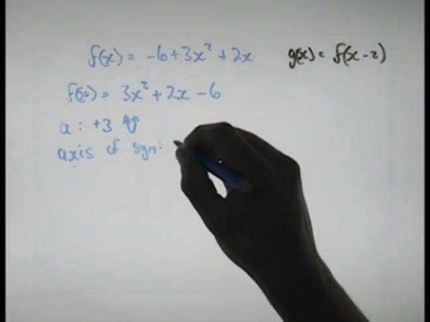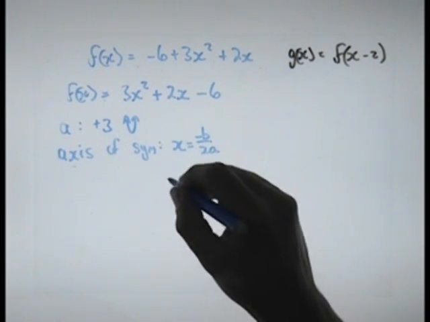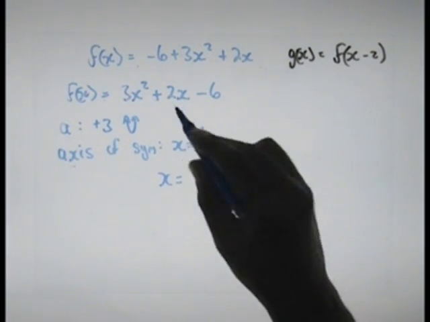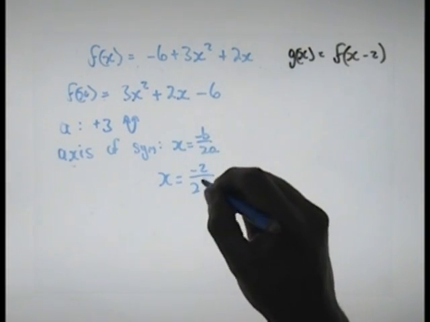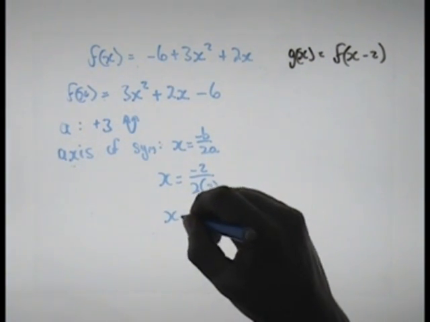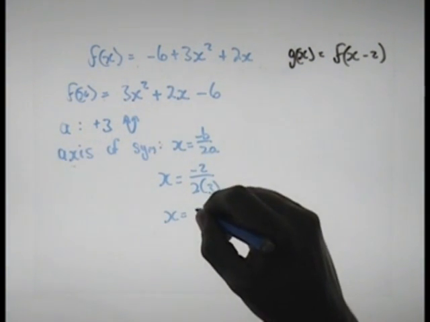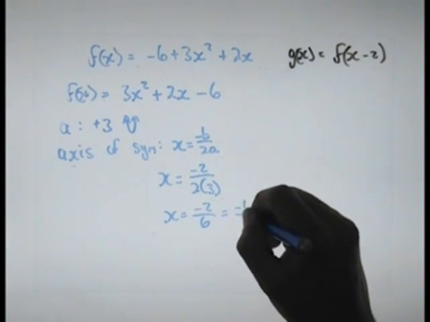Axis of symmetry happens when x is equal to minus b over 2a, which means that x is equal to minus b, which is minus 2, over 2a, which is 2 times 3, which is 6. So our axis of symmetry happens at x is equal to -2 over 6, which is the same as -1